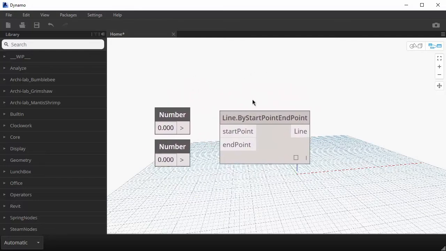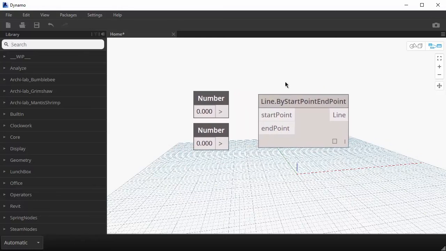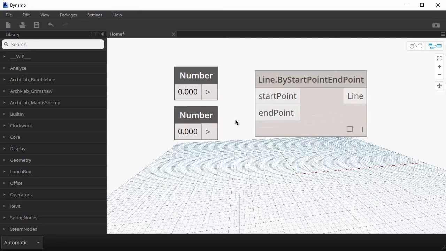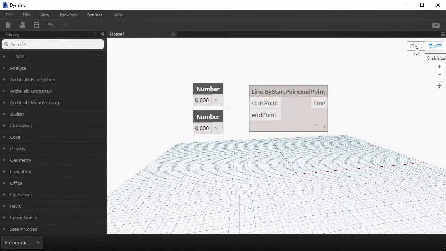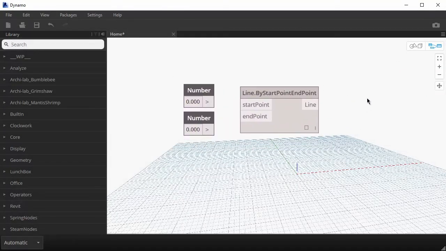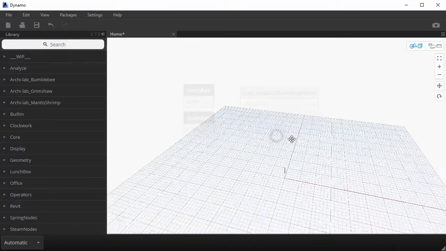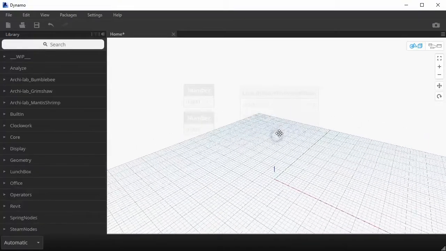So first of all, if you push the middle mouse button, you can navigate and pan around your canvas. If you scroll your middle mouse button, you can zoom in or zoom out. There's also these 2 buttons on top that allow you to navigate between being on canvas where the nodes live, and then switching to the background preview where the nodes get a little grayed out. And then you have background 3D preview available where you can navigate as well.